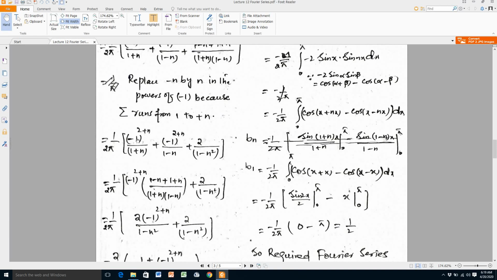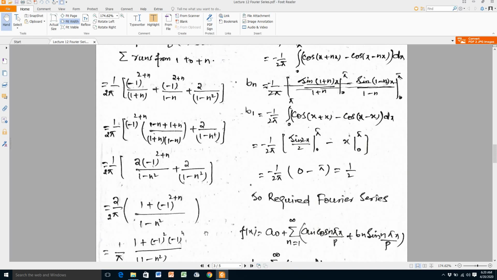Now you see here, minus 1 raised to the power 2 plus n comes common, so we take it common, and then I am taking the LCM, it becomes 1 plus n, 1 minus n, and then 1 minus n plus 1 plus n. This n is cancelled with this n, and after simplification we get 1 plus 1 equal to 2, 2 into minus 1 raised to the power 2 plus n divided by 1 minus n square, plus 2 over 1 minus n square. Here I take 2 common, so this 2 is cancelled with this 2, and I am writing here 1 plus minus 1 raised to the power 2 plus n divided by 1 minus n square,